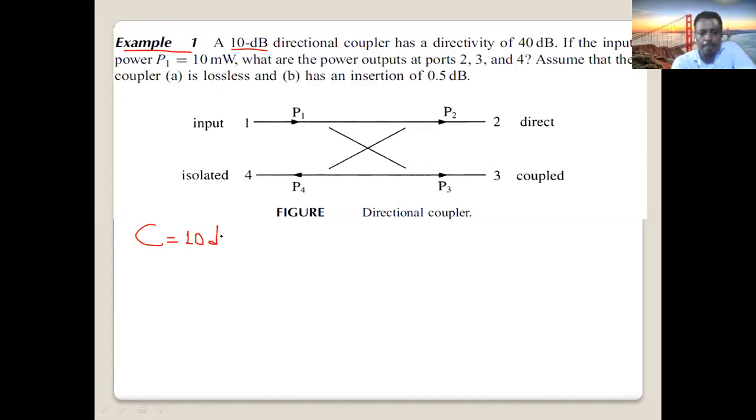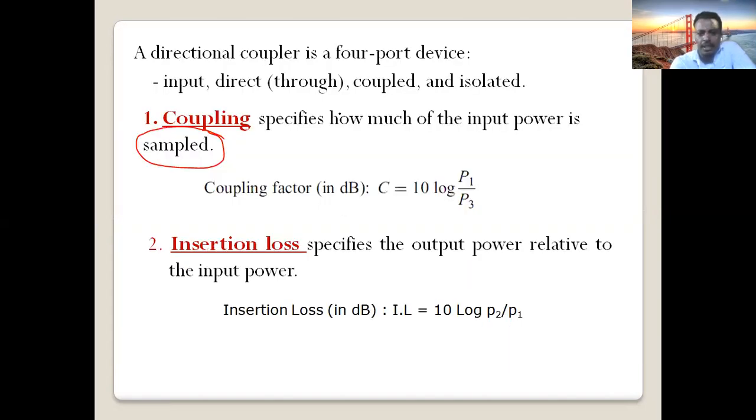10 dB. Okay, 10 dB. That is the specification of this given coupler. C is 10 dB. So what does it mean by C? As we have discussed, C is equal to